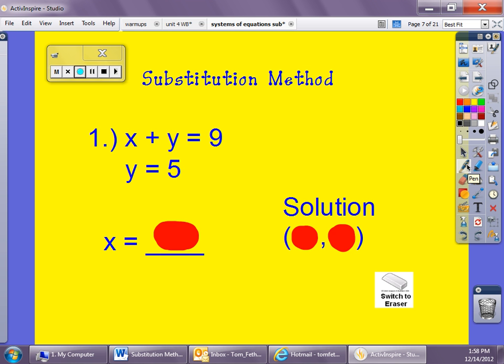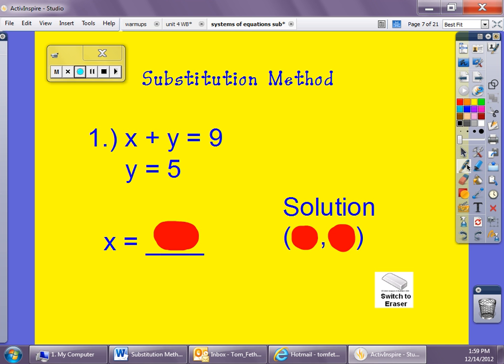Okay, today we are going to be looking at solving systems of equations by the substitution method. Yesterday we looked at the graphing method. Today we are going to look at the substitution method. Now if we look at this first example, we have x plus y equals 9, and then it says y